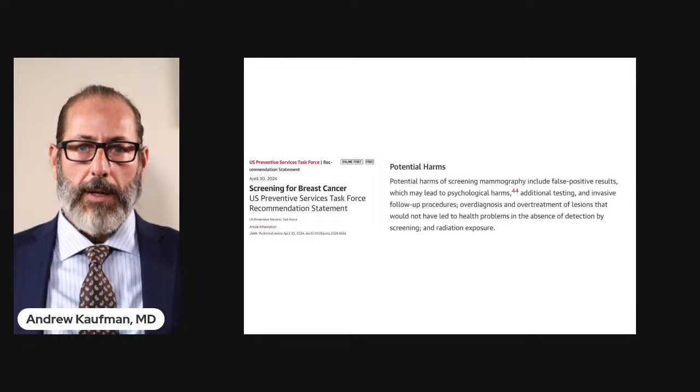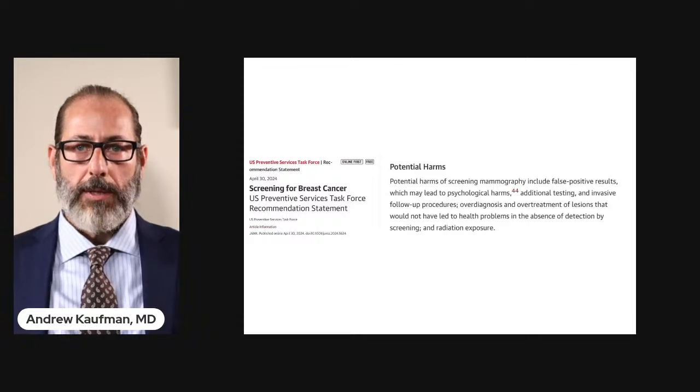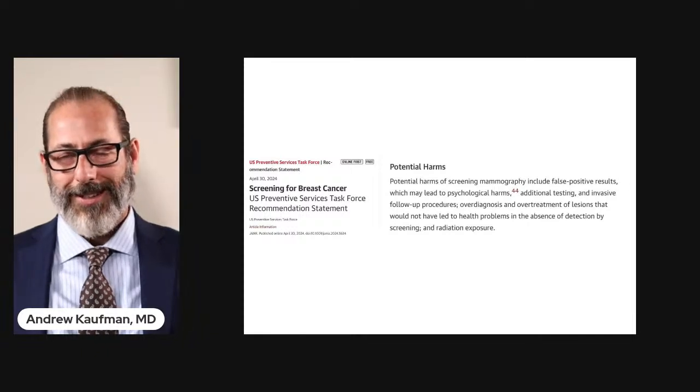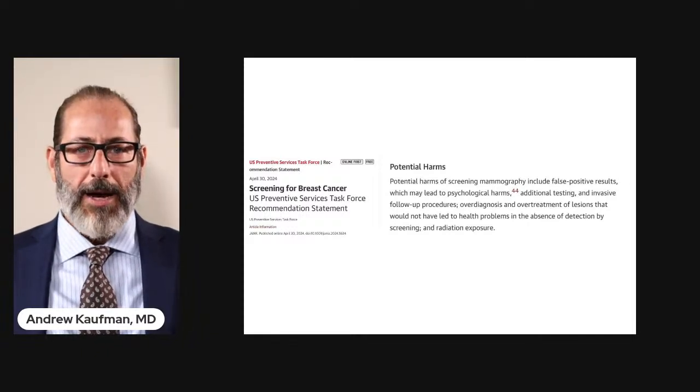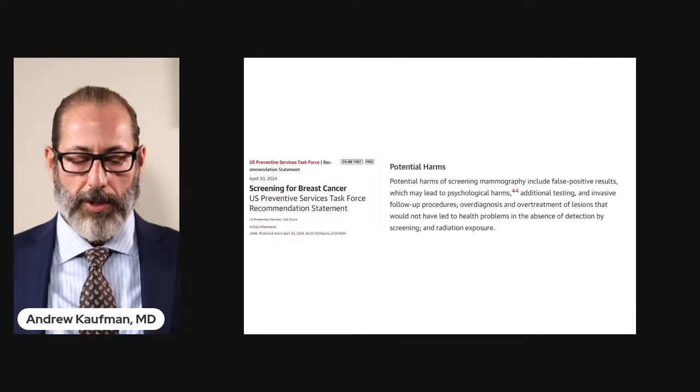Now, I want to say that there's a type of quote unquote breast cancer, ductal carcinoma in situ, that 10 years ago, every case was treated with chemotherapy and surgery. But it's been determined that people with that condition have no health issues. So now you would think that no one is offering treatment for this condition. However, it's still very commonly treated with surgery and chemotherapy and radiation, even though it is shown to have the same survival rate as the general population.